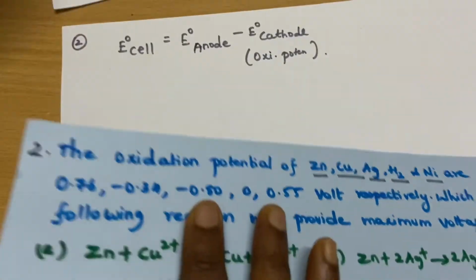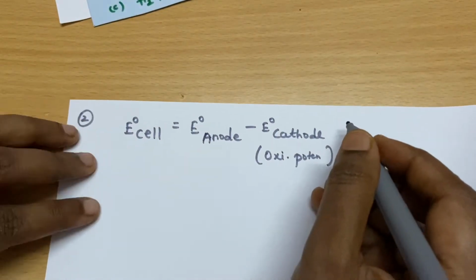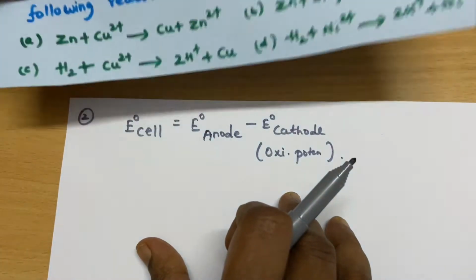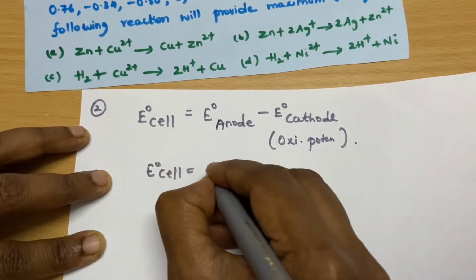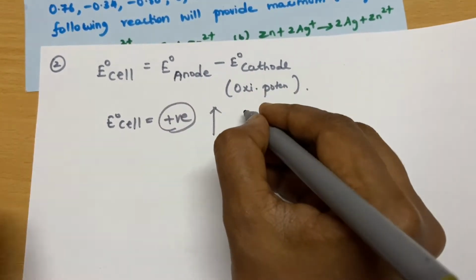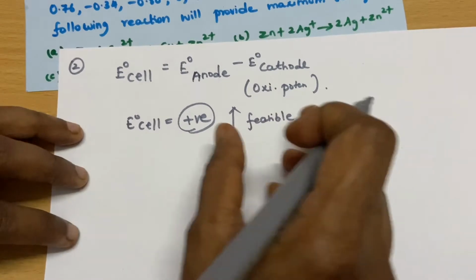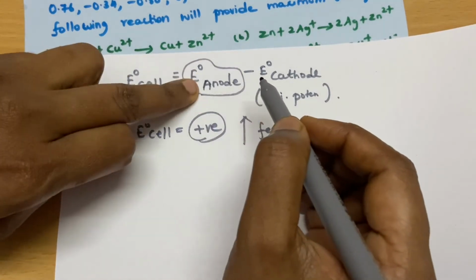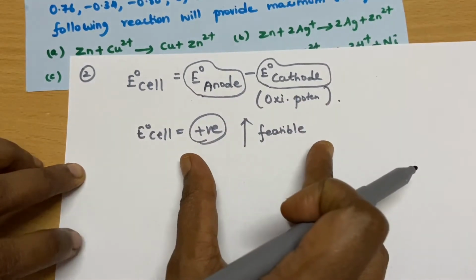Okay, so the E0, the EMF of the anodic compartment minus the standard electrode potential of the cathode. Both are oxidation potentials, since the oxidation potentials are given. See, I told you for a given equation, the E0 cell must be positive for a spontaneous reaction. If this value is very high, then that reaction is very much feasible, maximum voltage. You will get a maximum value when the electrode potential of the anode is very high and the electrode potential of the cathode is very small, you will get a very big value, isn't it?